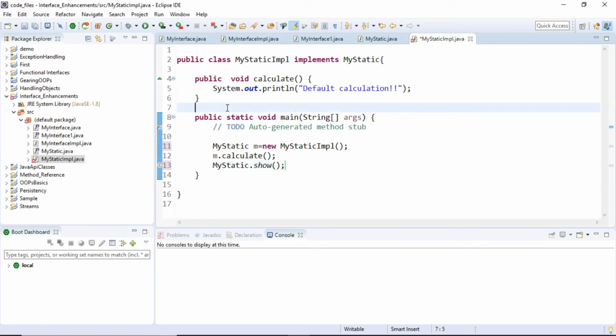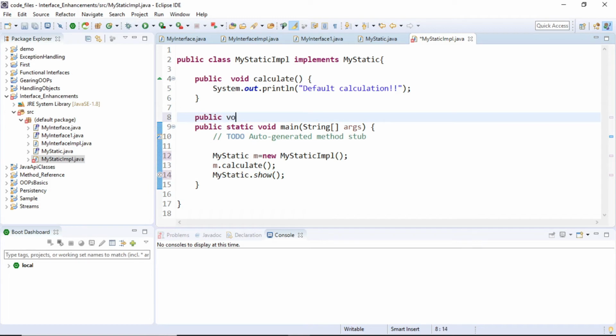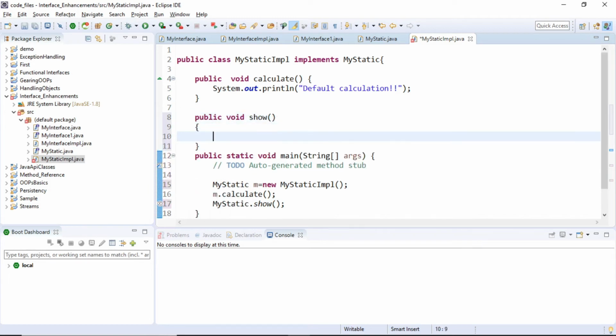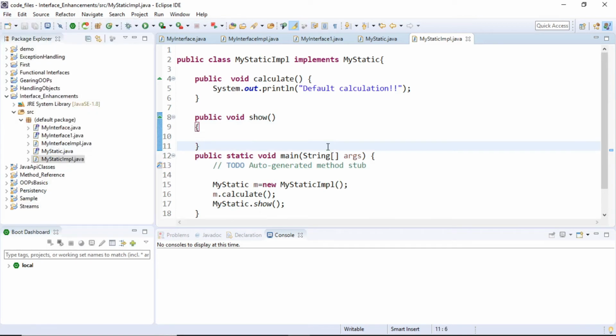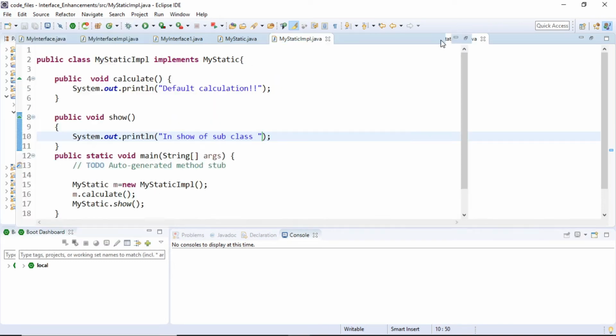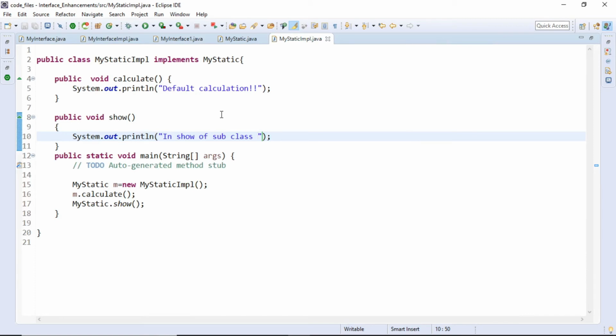Now, can I override the method here? Let's see. So public void show, and then if I say, let us say, in show of my subclass. So whether this is something which I'm overriding, let us see that. So let me first execute it.